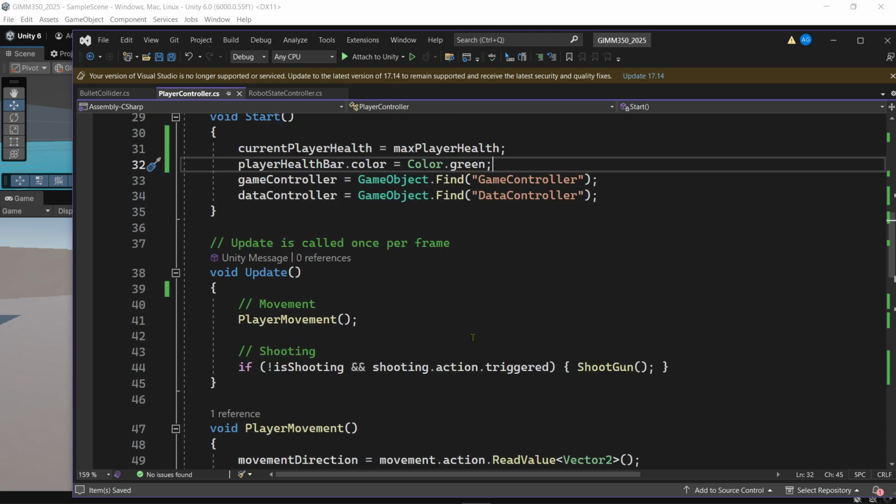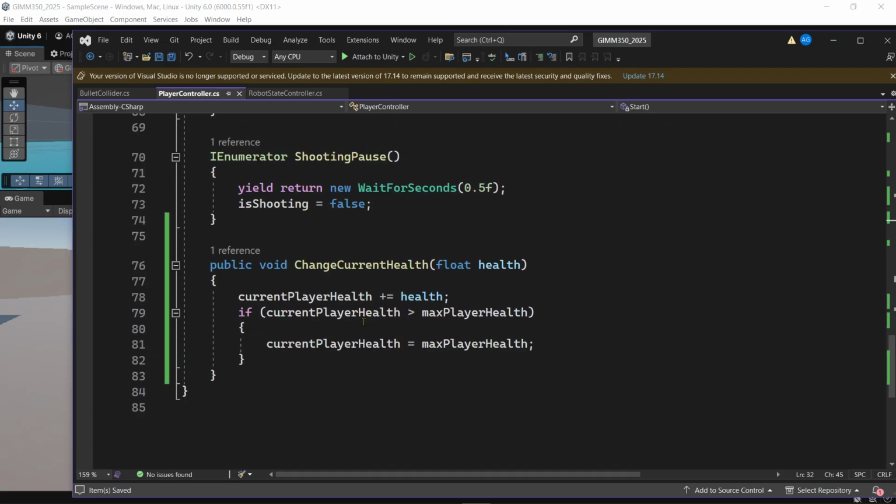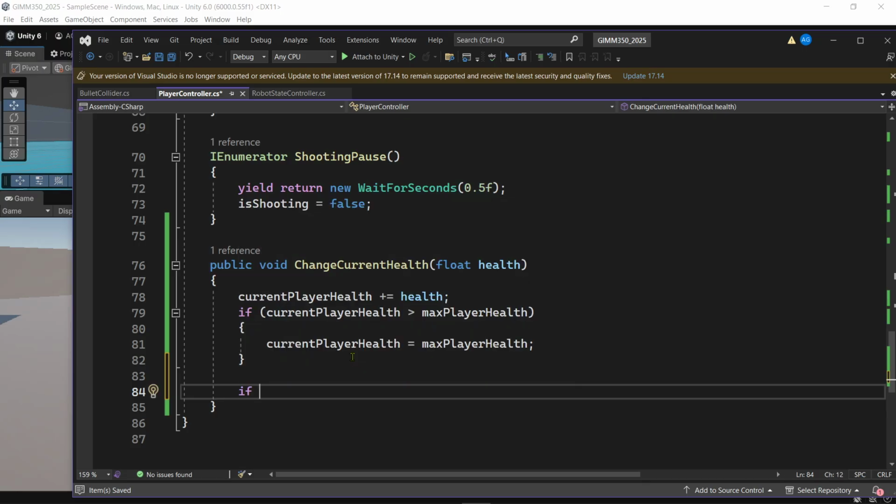And then we will, like we did before. So now if current player health is greater than 0, like we did last time,